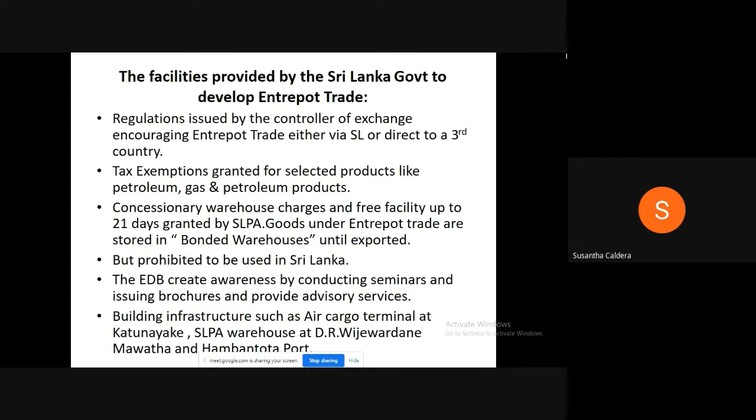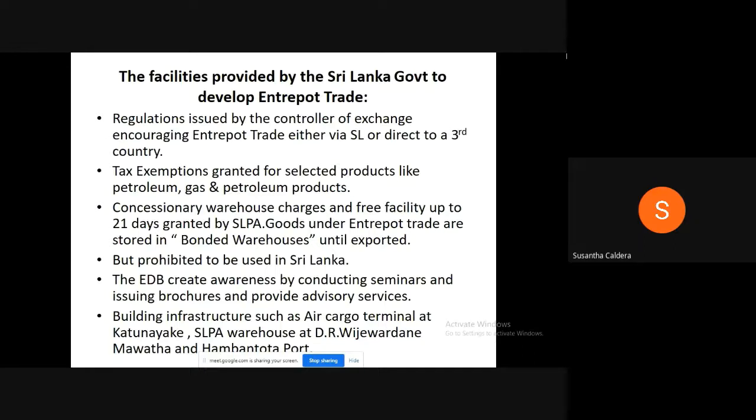That's also an approved one. We are not adding any value. The goods cannot be taken into the country. It is going from one ship to another, or from one aircraft to another aircraft, right? Or adding value, that also can happen. Or else we can get the goods and put them into a bonded warehouse without adding any value. After 5-6 days, once we finalize the second leg, we can send it. That also can happen, right?